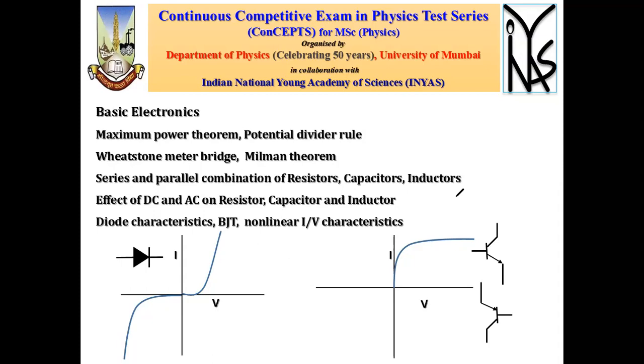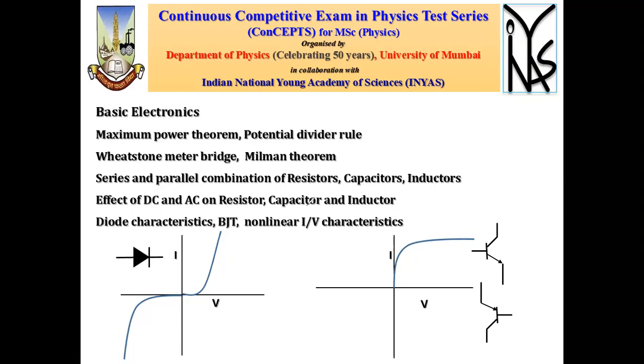At the same time, an inductor allows direct current, but when you start applying AC, it starts resisting the flow of alternating current because of the magnetic field produced and the back EMF. So the impedance offered by the inductor is directly proportional to the applied frequency. And when you think about a series-parallel combination of these three components, for resistor and inductor you will get a similar response in series and parallel calculation, but for the capacitor the response is opposite or inverse.